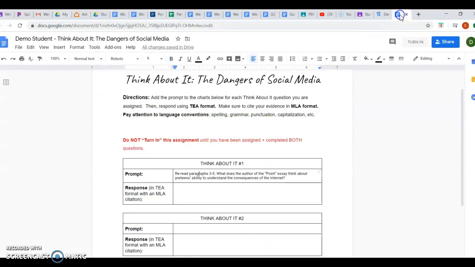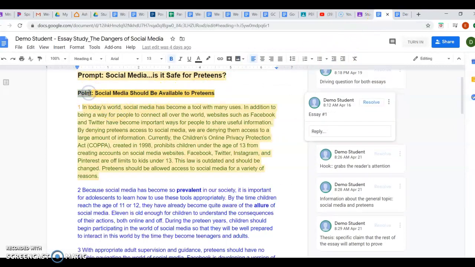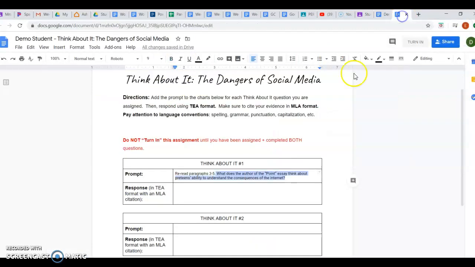So from the instructions in this assignment, you have to reread paragraphs 3 through 5. Ultimately, you need to decide what the author of the point essay, so that's the first essay, again, here's the point essay, thinks about preteens' ability to understand the consequences of the internet.